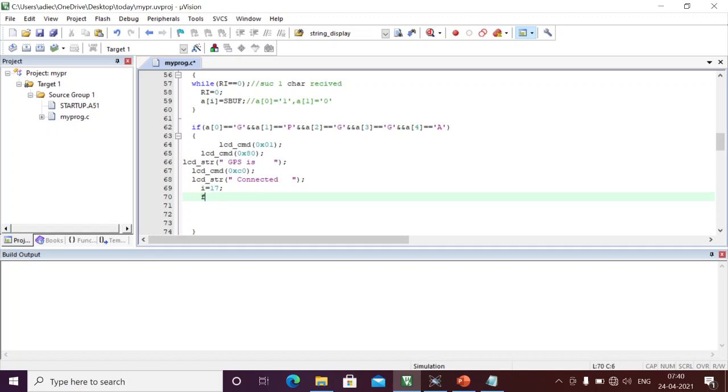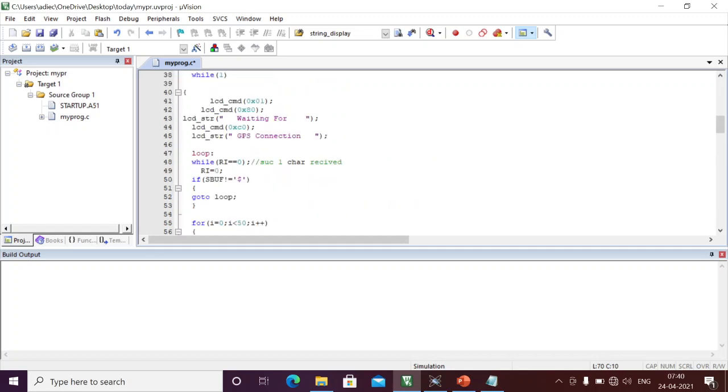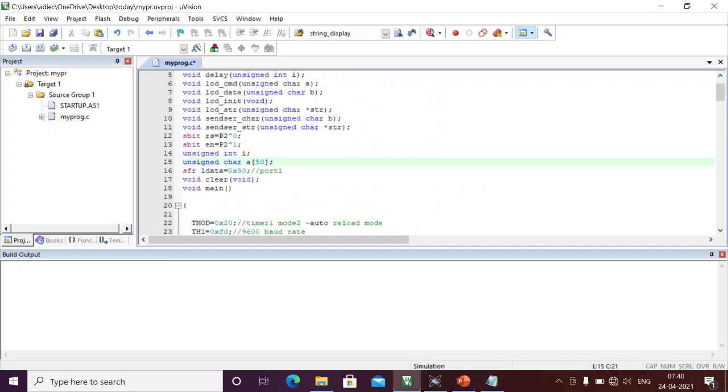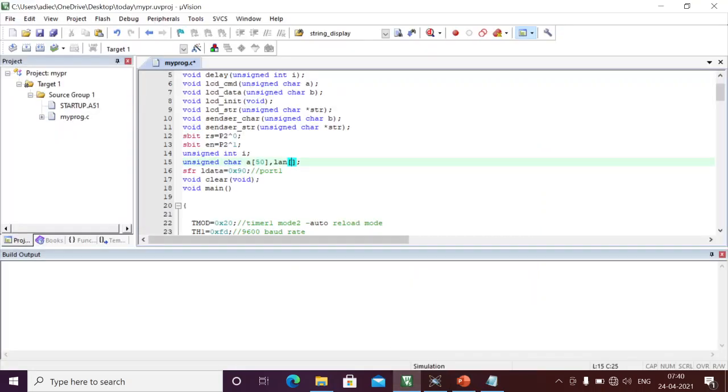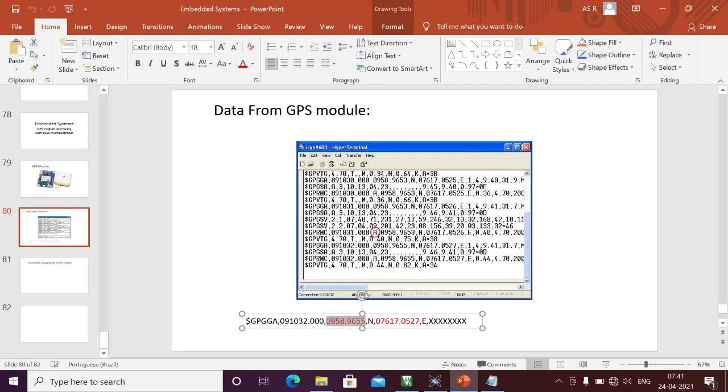Okay, here I'm going to pick up the complete data. I'm going to define these three values now. We need longitudinal data, an array of how many characters we should pick up. That I'm just going to check now. 1, 2, 3, 4, 5, 6, 7, 8, 9 characters I should receive. That's why I'm taking 11: 9, 10 characters, and one is a null character. At the end, I should fill with the null, then only it will form a string. Similarly for the latitudinal. This is 1, 2, 3, 4, 5, 6, 7, 8, 9, 10.